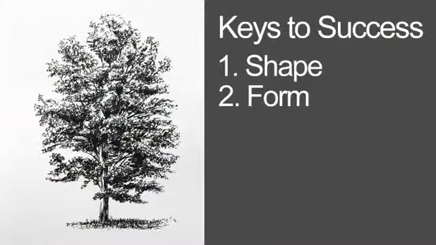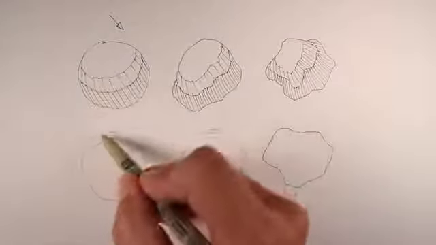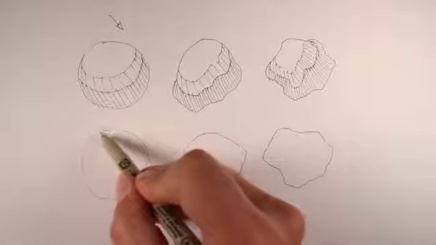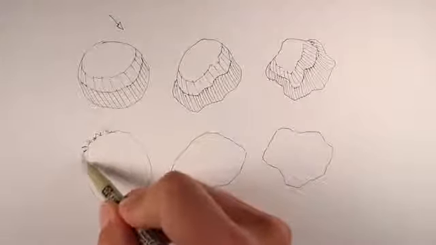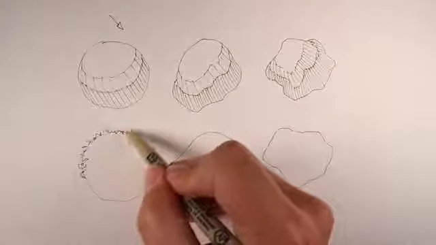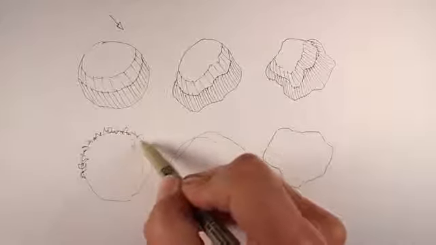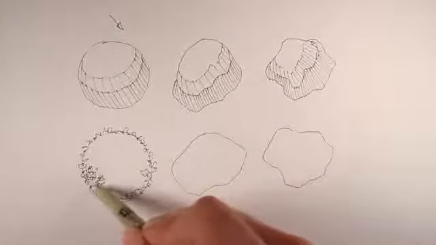The third thing that we'll need to consider, of course, is texture. Now, the texture of the tree, or the texture that we create in our drawing, is going to greatly influence the realism or believability of the drawing that we create. We can take these basic shapes and just add a few textural marks. We'll create a bit more of a concentration of these textural marks in areas of shadow to create the illusion